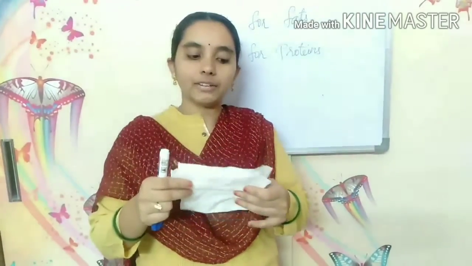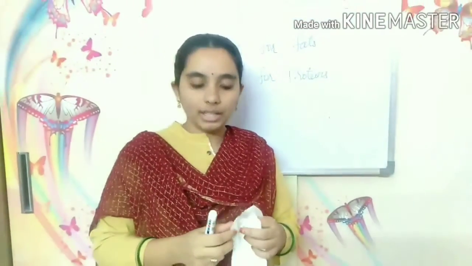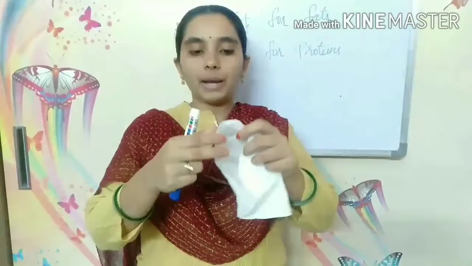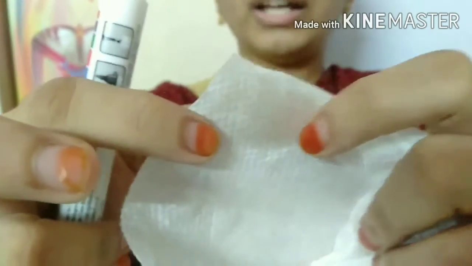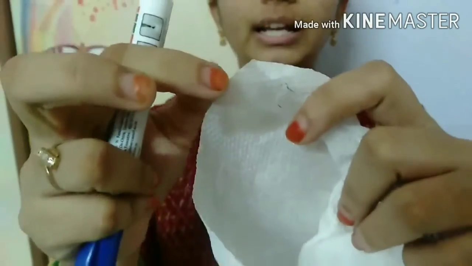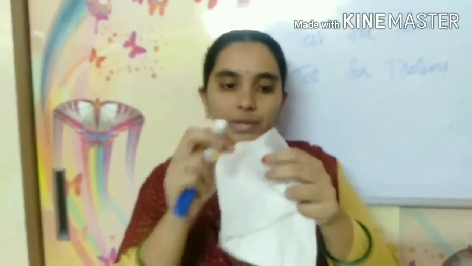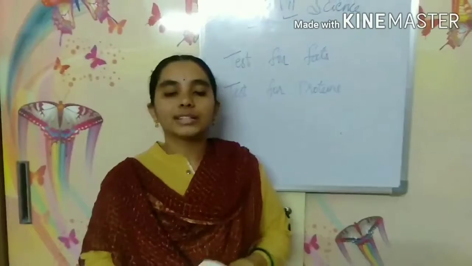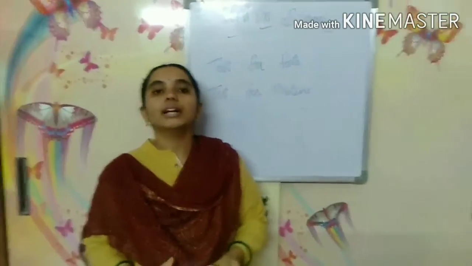So after you rub it gently, if it is an oily item or a deep fried item, the paper will turn oily. The paper which you can see here, the small spot, this has turned oily. You will know the paper is turning oily because you cannot see through normal paper, but wherever the oil is present, there you can see the paper turning transparent. So this is the simple test that we can do for testing the fats.